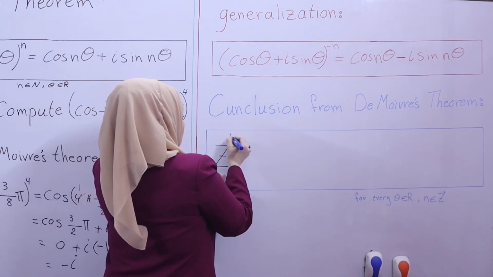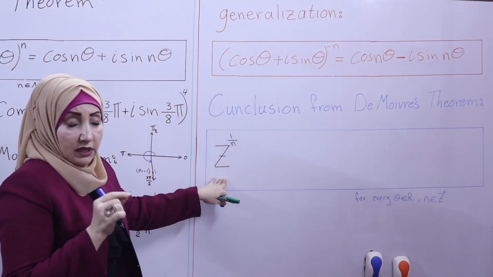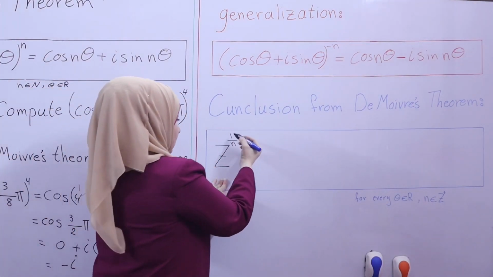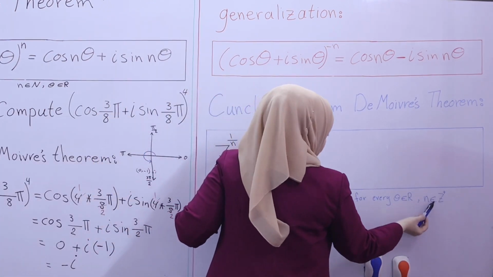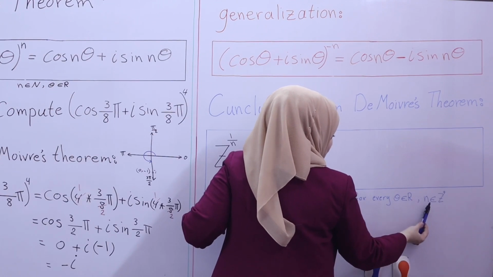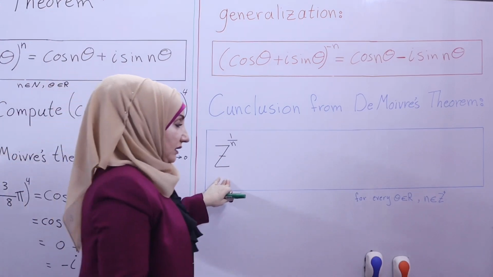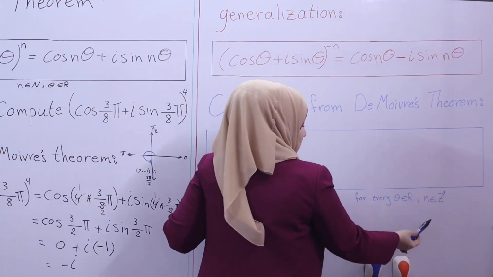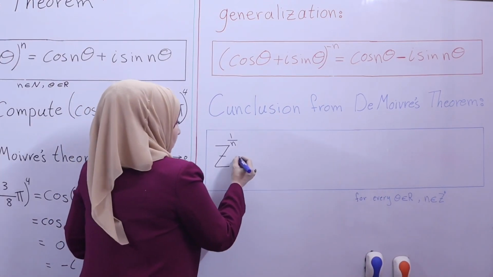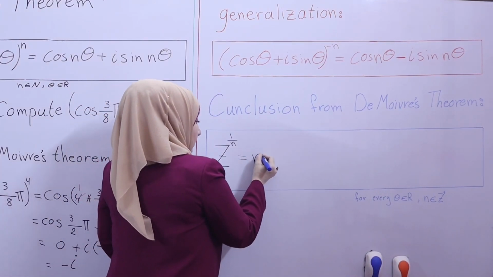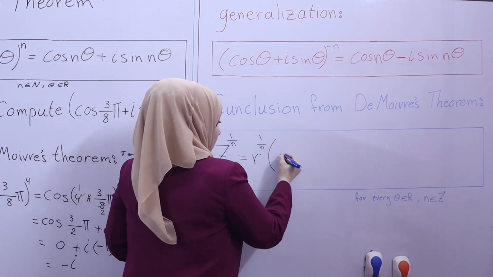Power 1 on n. That means it's a power that is a rational number. إذا كانت مرفوعة لقوة كسرية اللي هي 1 على n. For every n that belongs to positive Z. حيث ال n عدد صحيح موجب. Also we can say that n is a natural number. It will be r power 1 on n, cosine